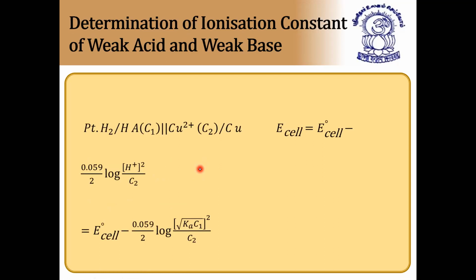So here is an example for the hydrogen electrode and copper. Hydrogen and copper electrode, because hydrogen is displacing copper. So we can take H plus by C2, H plus whole square, because 2 electrons are involved and hydrogen is only 1. So H plus whole square you have to take. And then you can get the answer, E° of cell minus 0.059 by 2 into log of root of Ka C1 by C2, where Ka is called the dissociation constant. This formula is not required. Anyway, this formula we already discussed. Next.